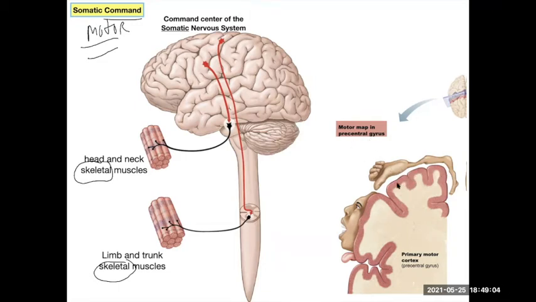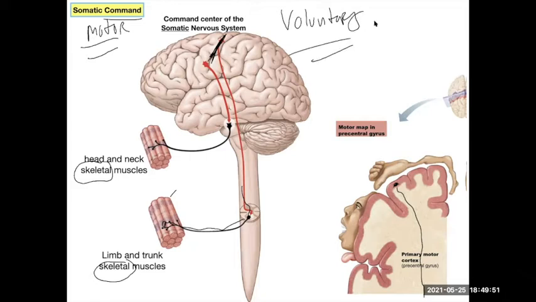So if you wanted to move your thumb, there were neurons in the precentral cortex on the front of your brain that were voluntarily moving your thumb, because they sent the motor command down and it came out here and stimulated the motor unit that was making these contract and making you move your thumb. You could do this at will. Right now, if you just choose for whatever reason to stand up, all these muscles became activated and you stood up. That was voluntary. Okay, somatic, command, motor, skeletal, muscles. Always put that in.